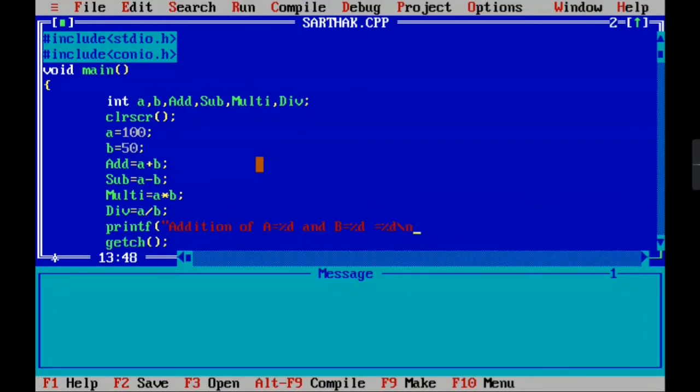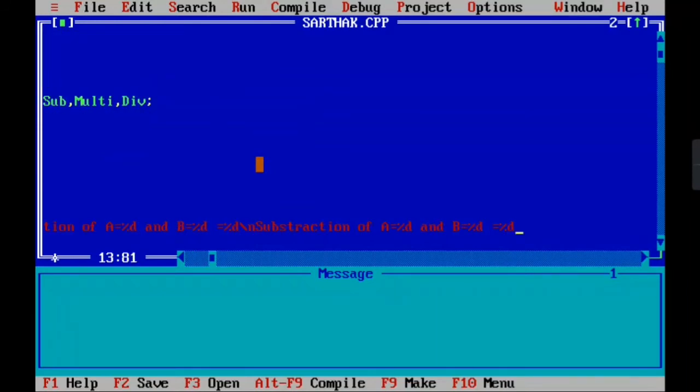Then subtraction of A, which is equal to %d, and B, which is equal to %d, is equal to %d. Again the next line, then multiplication of A, which equals %d, and B, which is equal to %d, is equal to %d.